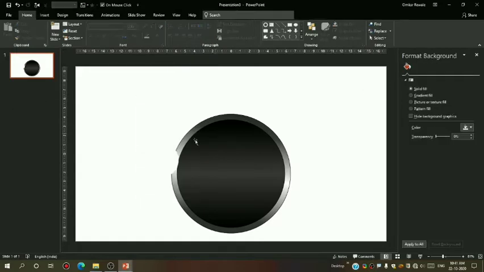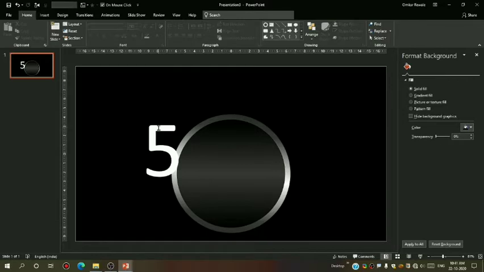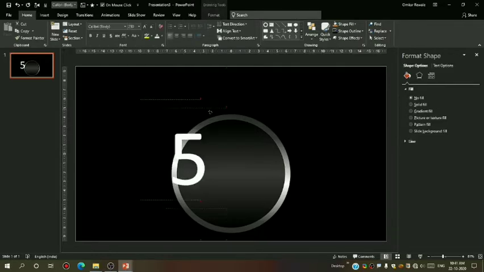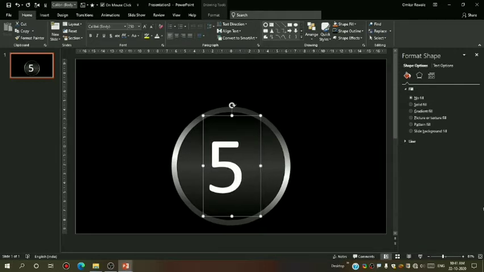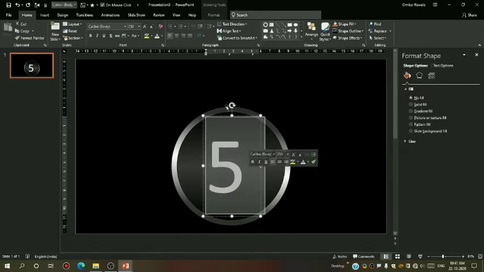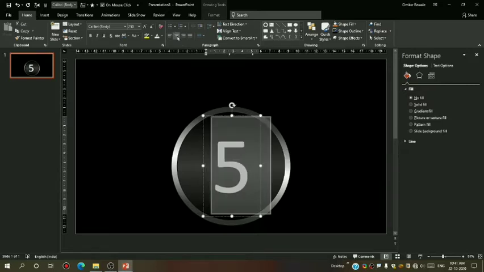Before that, let me change the background color so that these numbers are visible. Now I will adjust this to the middle, and for these two I will say align middle. Now it looks perfect.